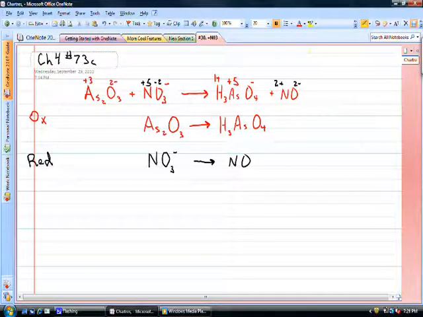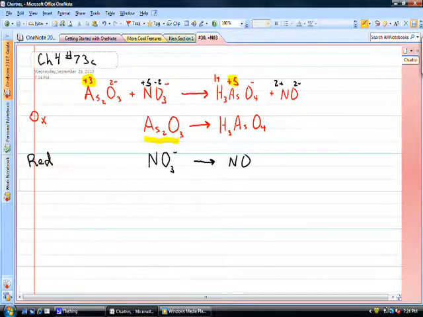We're working on an oxidation-reduction reaction. We're going to balance it using the half reaction method. And I've already written some things down so I can see if I can get this problem done in less than 15 minutes. So I chose this species for the oxidation half reaction because the oxidation number went from +3